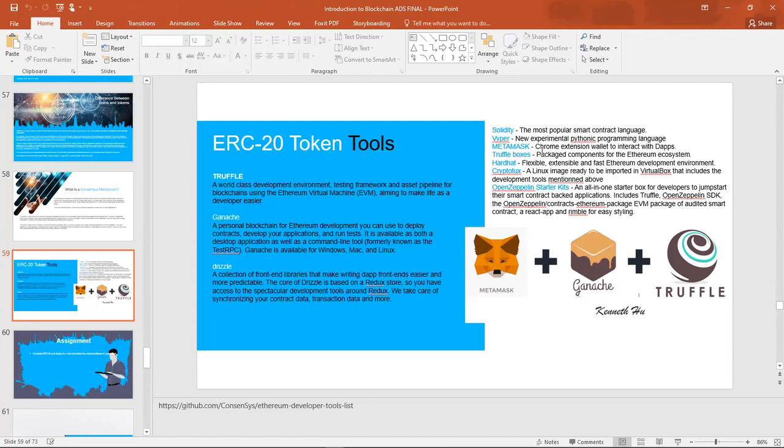Then we have Truffle boxes. Truffle boxes are packaged components for Ethereum. So we have something like create React app, which is a Truffle box, which is a kind of a bare bone.